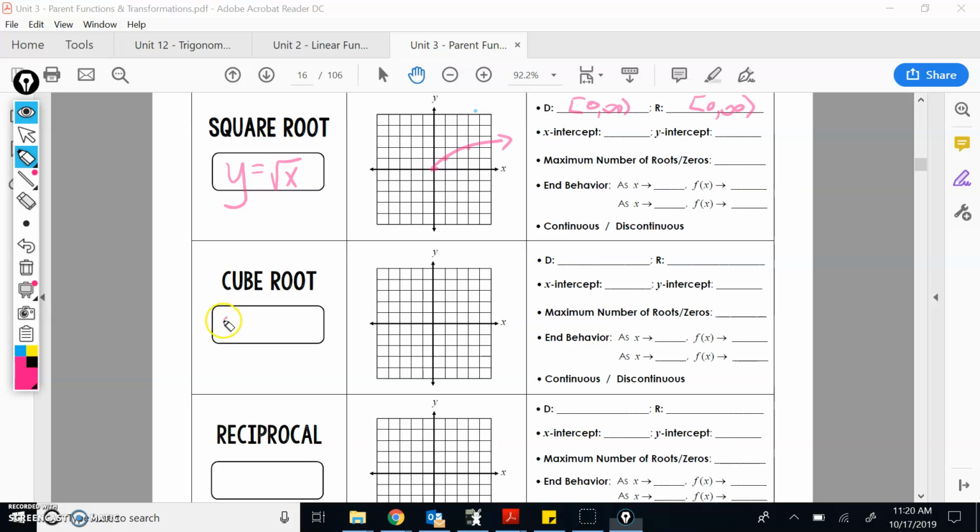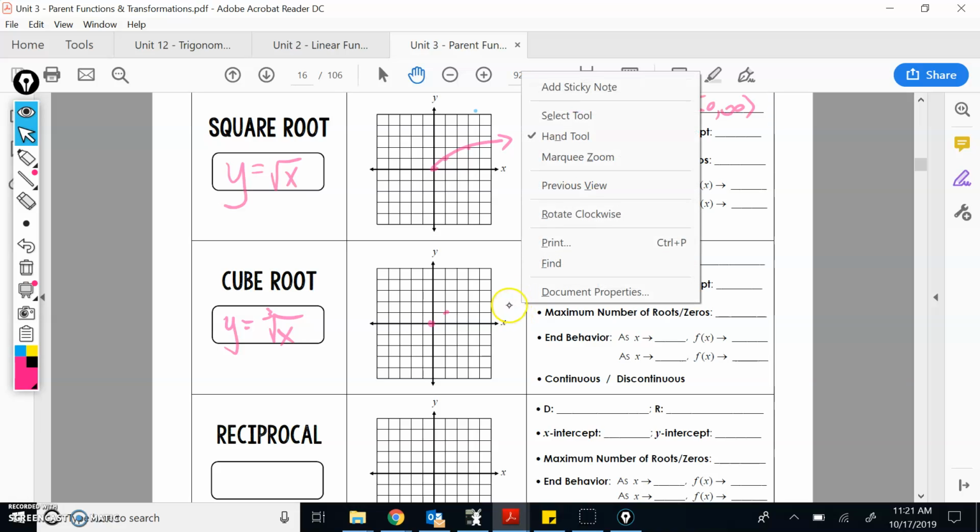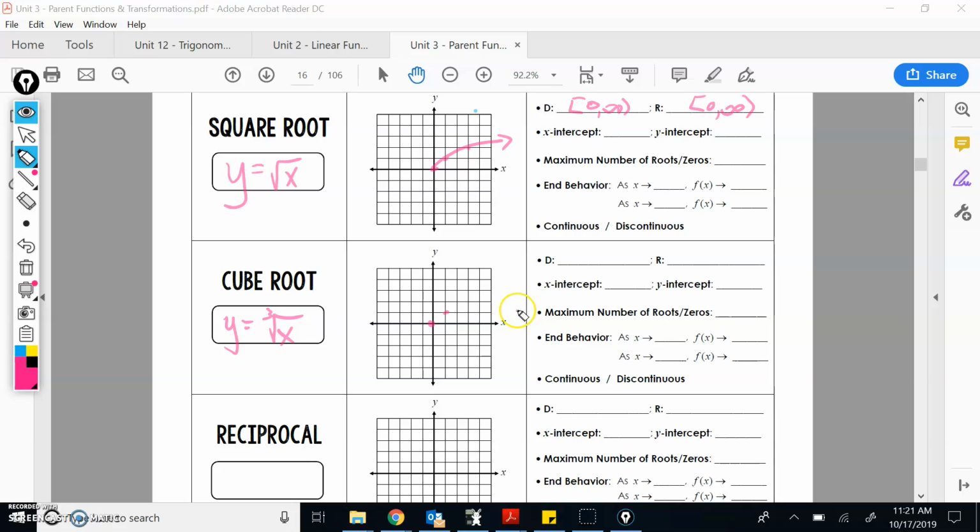The cube root parent function is just the regular cube root of x. This graph, plug in 0, you get 0. You plug in 1, you get 1. And then cube root, if you plug in 8, you will get 2. And the same thing going the other way. If you plug in -1, you get -1, and if you plug in -8, you get -2. So it's a squiggle going like this,